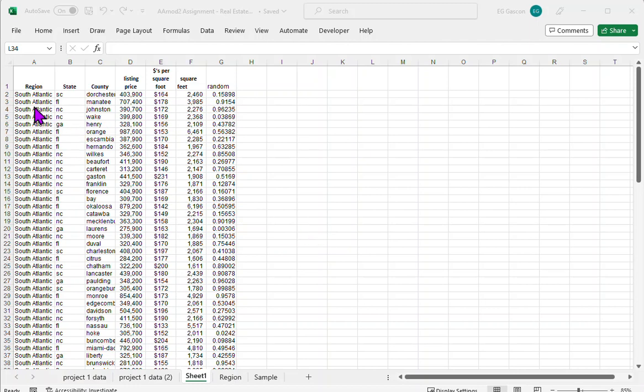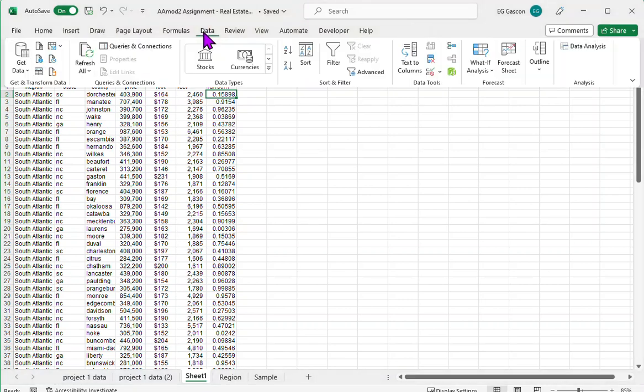I chose South Atlantic. What I did was I copied just the South Atlantic region over into a new sheet. And then I typed my random number generator. Now, at this point, they're not randomly generated. I have a random number generator associated with each one of these. You have to shuffle them. And the shuffling occurs when you go to Data and then you choose